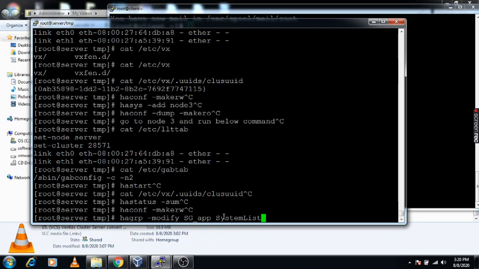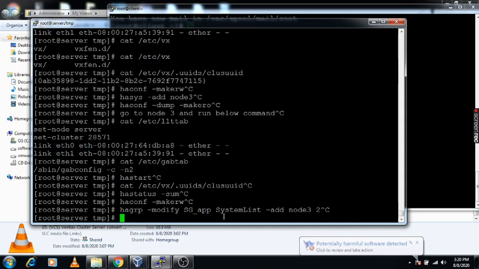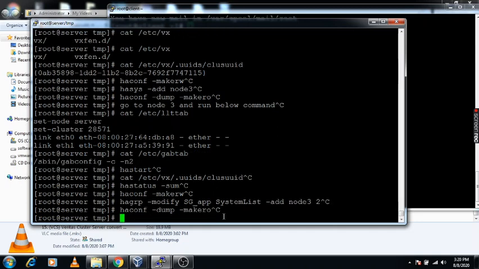You need to specify -add, then mention the node name, that is node 3, and give the priority. I have given server and client 0 and 1, so here you need to specify 2. This is the priority you need to set here, and you need to dump it using haconf -dump -makero. So using these commands you can add another node to your cluster.